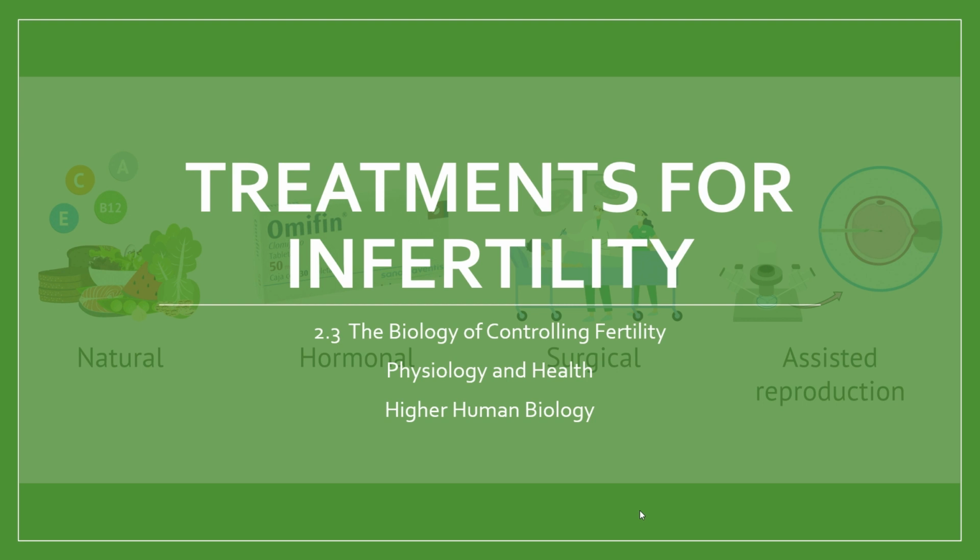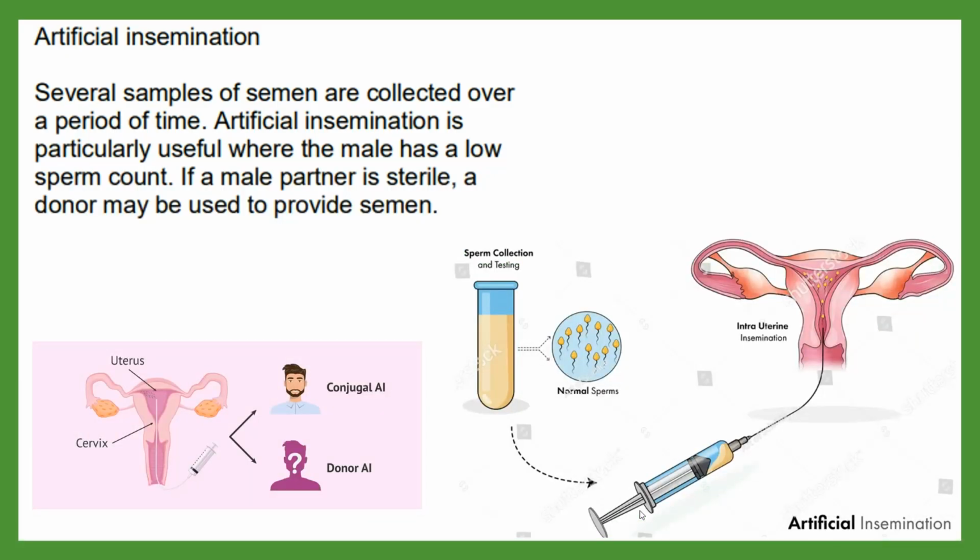This time we're looking at treatments for infertility as part of Key Area 3, Biology of Controlling Fertility. We'll explore some of our knowledge around the hormones and the different structures and how that can offer treatments if there are fertility issues. So, starting with an example for the male reproductive system, particularly if there's a problem around